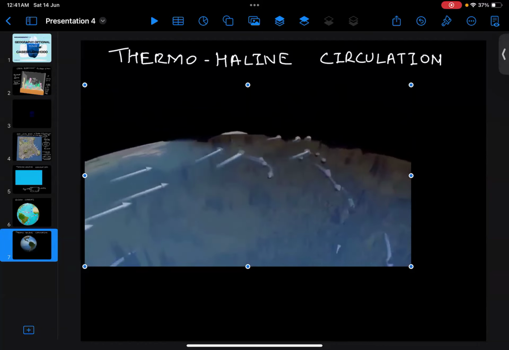Easterlies move from east to west, and the westerlies move from west to east. It is basically specifying the source region. So on the basis of this, we can see here